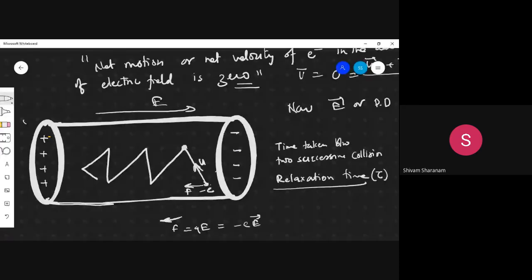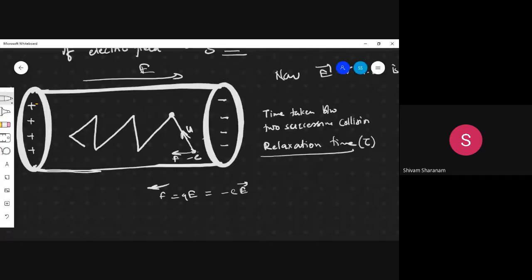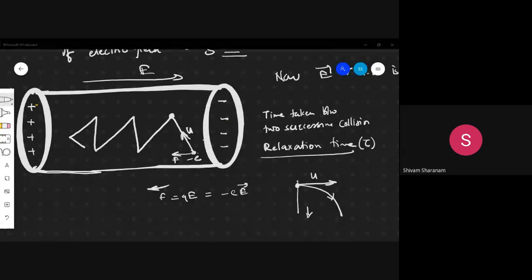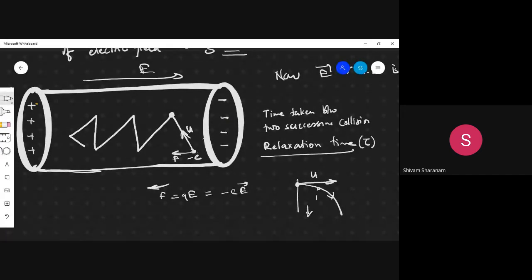See, it is like your projectile motion, na. Dekho, projectile motion mein kya hota tha, agar yahan par iski initial velocity dete the aur force neeche lagta tha, toh is tarike ka motion hota tha, yes or no? Projectile motion, because the only force it was experiencing was in the downward direction, Fg, and there was an initial velocity, so it will not change its path. Electron will not move in a straight path in this direction. No, it does not happen.